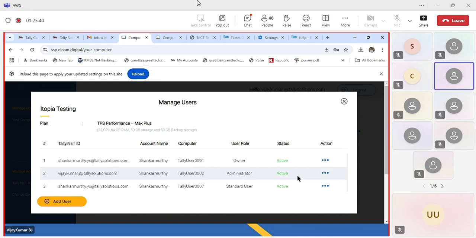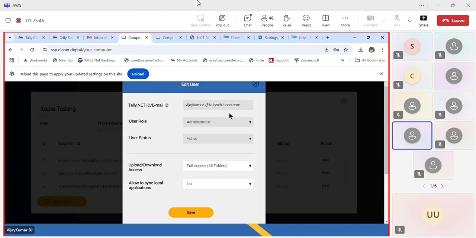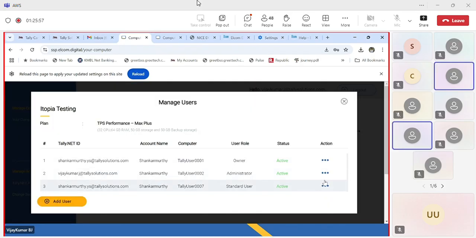You can delete the users from here, and हर एक यूजर को आप क्या राइट्स देना चाहते हैं वो दे सकते हैं। और फोल्डर एक्सेस वगैरह भी इधर से आप रिस्ट्रिक्ट कर सकते हैं। ठीक है। और लोकल ऐप सिंक भी कर सकते हैं।